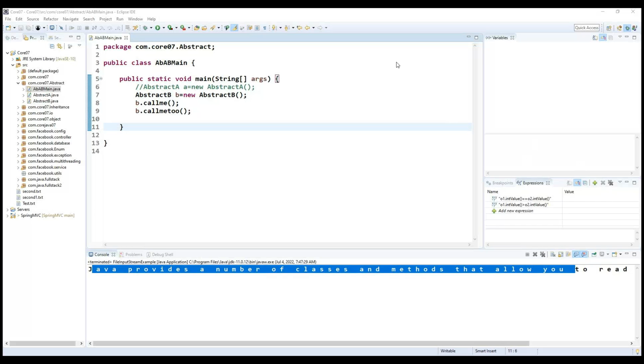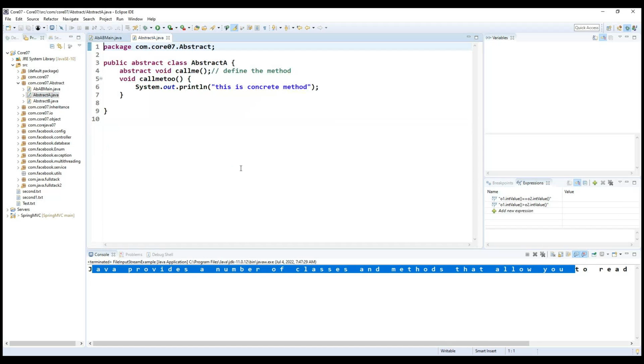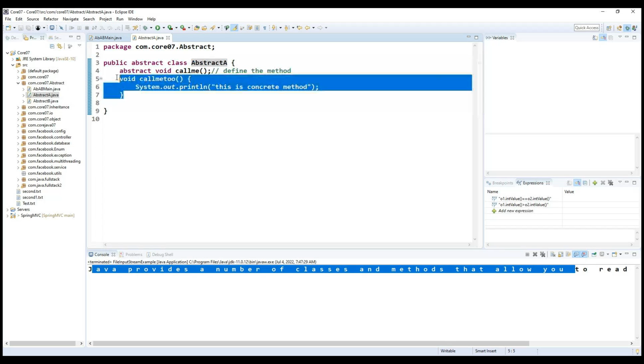Good morning, everyone. In the last session, we discussed a simple example of an abstract class. What we did basically, here I created the abstract class, and I'm having one method called call me method, and this particular method I made abstract. So why am I making this particular method abstract? Because this method I'm not interested to implement inside this particular abstract A class. Okay, so for this purpose I'm making this class abstract, and I'm having